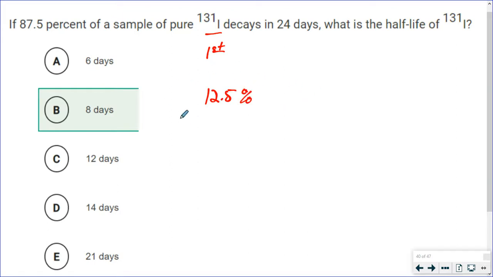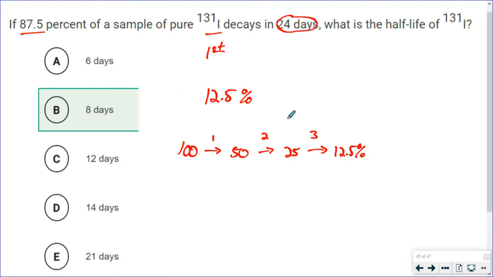Well, how many half-lives do I have to do to get to 12.5%? Let's do that. Start with 100%. If one half-life occurs, your first half-life, we'd have 50% left. If my second half-life occurs, we get half of 50 that decays, so we have 25 left. And then a third half-life would give me half of 25, which would be 12.5 left over, 12.5%. So we need 3 half-lives to reach this point. And if 3 half-lives is 24 days, one half-life would be 24 divided by 3, and that gives us our